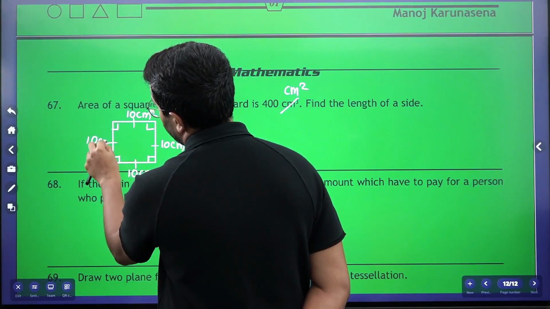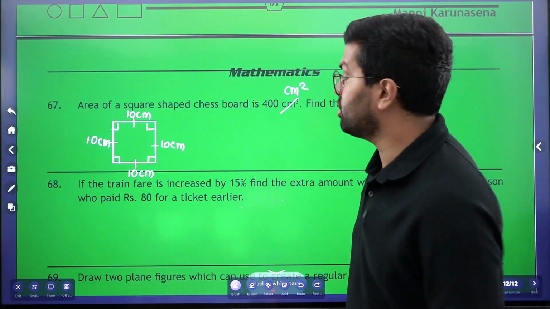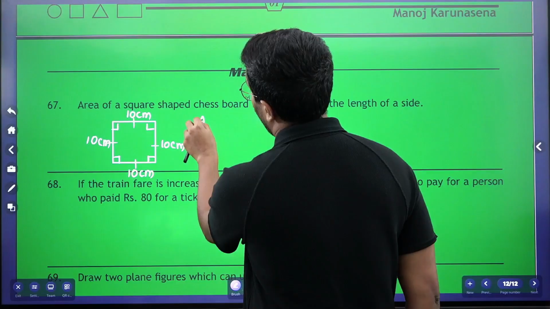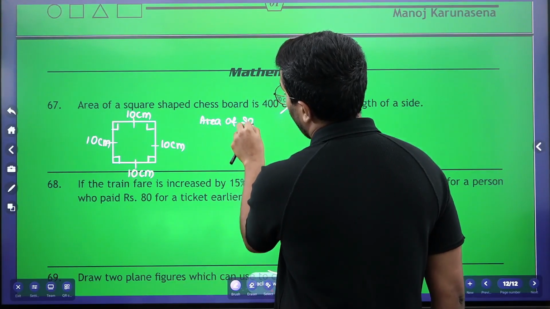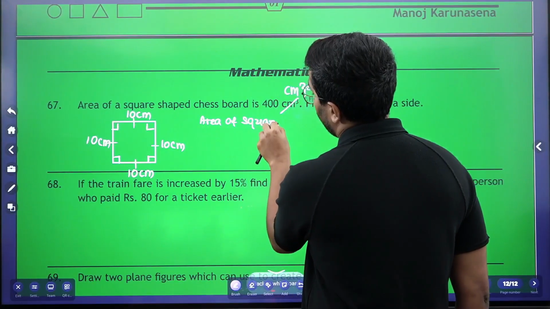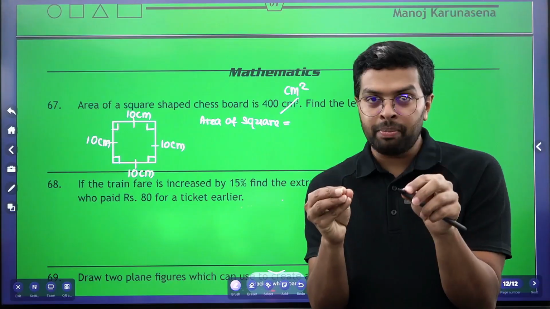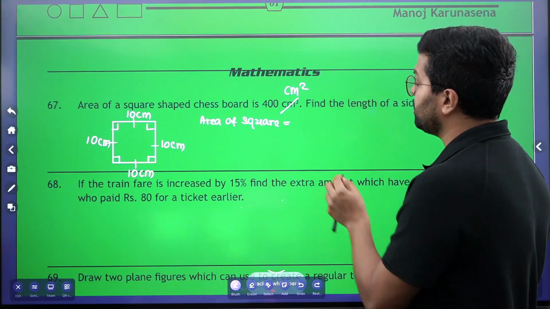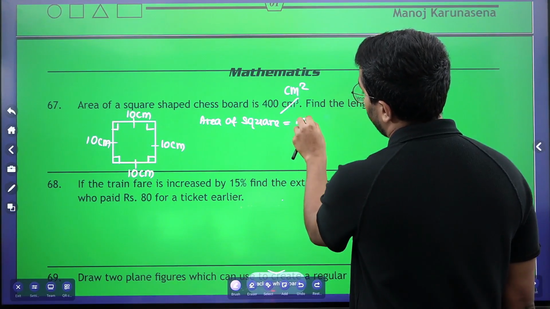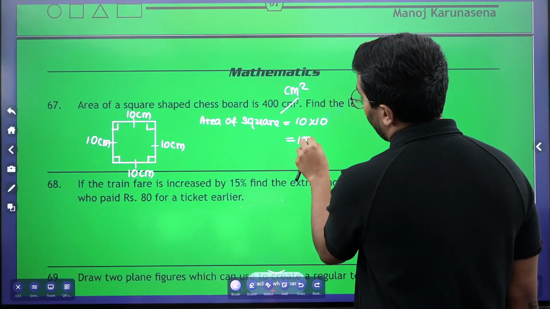My question: how are we going to find the area of the square? You just multiply the length of a side again with the length of a side. So 10 multiplied again with 10. The area of this square is